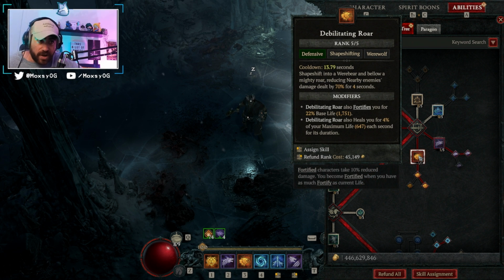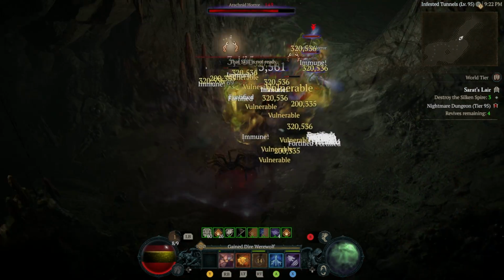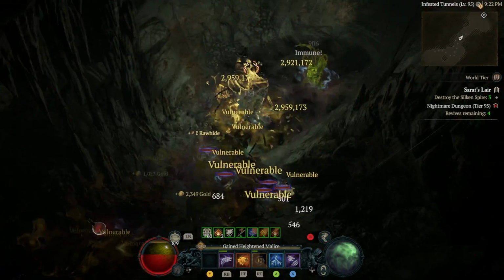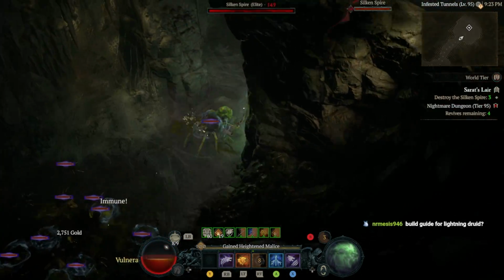This allows us, whenever we're near a big pack of elites or something dangerous, to just proc this. We've got points into it to lower its cooldown, and it's going to give us 70% less damage dealt from our nearby enemies. It's going to fortify us, and it's going to heal us, and it's on a relatively low cooldown. Every time that you dash into a big pack, you're going to want to be saving this skill. The difference between you living and dying can be actually good timing and use of your